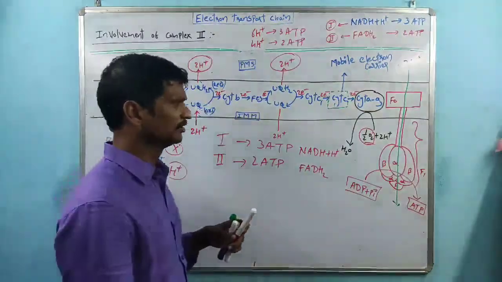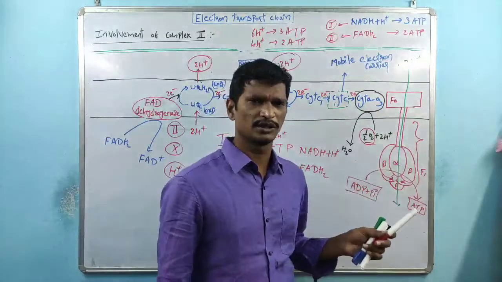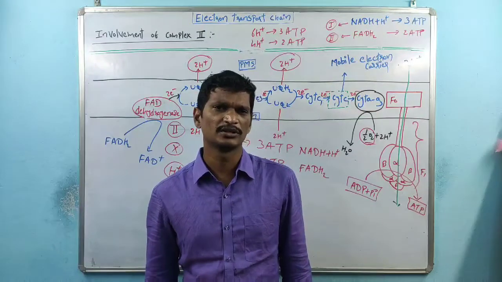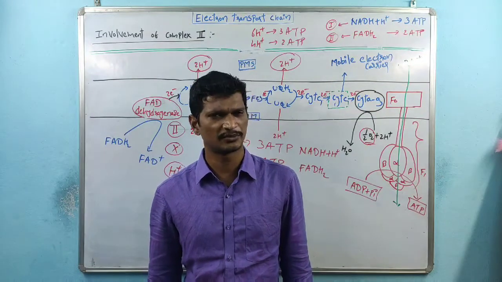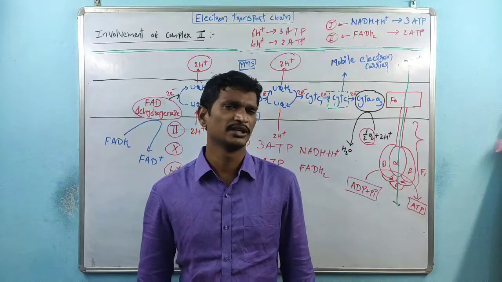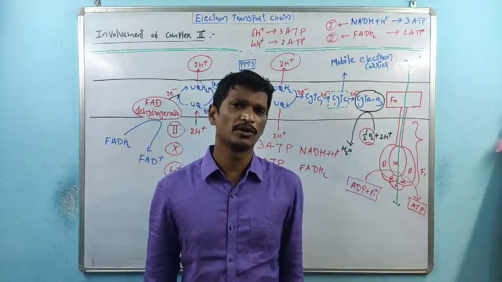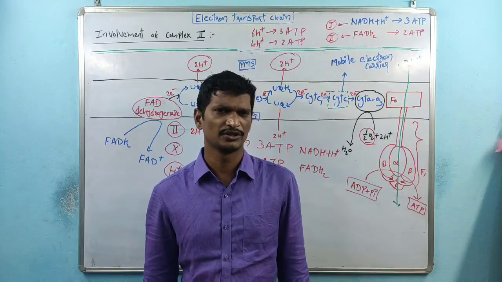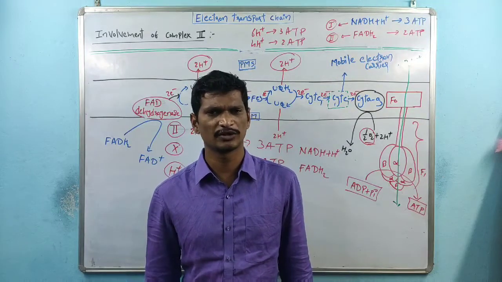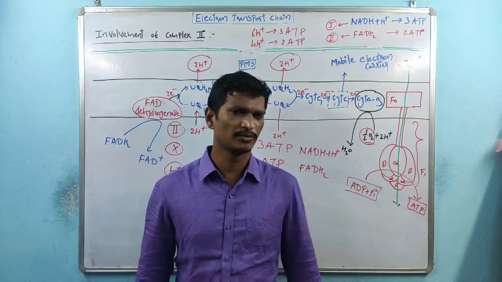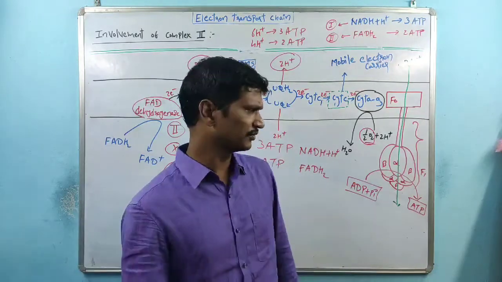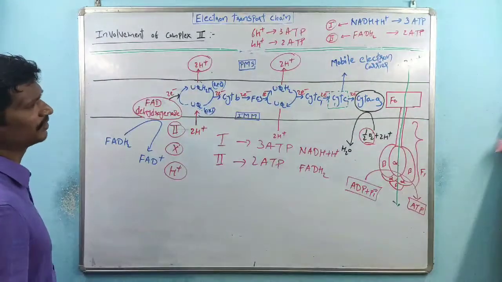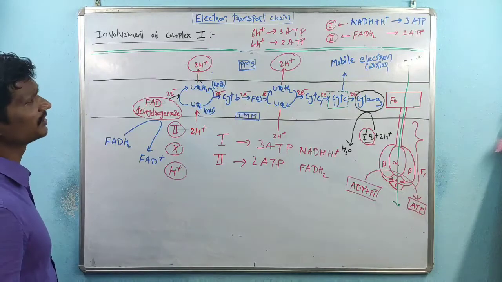We can also calculate based on the oxygen molecules. Complex 1 is involved and 6 oxygen molecules are involved. Then finally, how many ATPs are produced? Then we have to calculate. Again, complex 2 is involved, 6 oxygen molecules are involved. How many ATPs are synthesized? The 6 oxygen molecules we have to convert into molecular oxygen, then total number of cycles, total number of ATPs. We have to calculate like that. So that is about the involvement of complex 1 and complex 2. All of you remember.